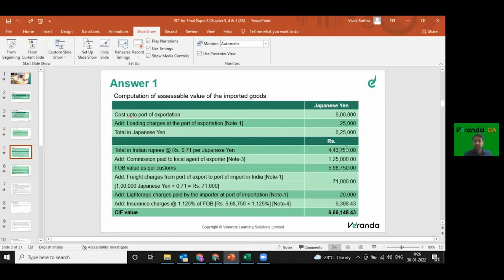First, up to here we had 4,43,750. Then add commission paid to local agent, 1,25,000. FOB value for customs is 5,68,750. The total value, 443 plus 125 in INR, is 5,68,000. Add freight charges from Japan to India, 71,000 rupees. Loading charges 20,000, and insurance charges at 1.125% of FOB, which is 5,68,750. Total will come to